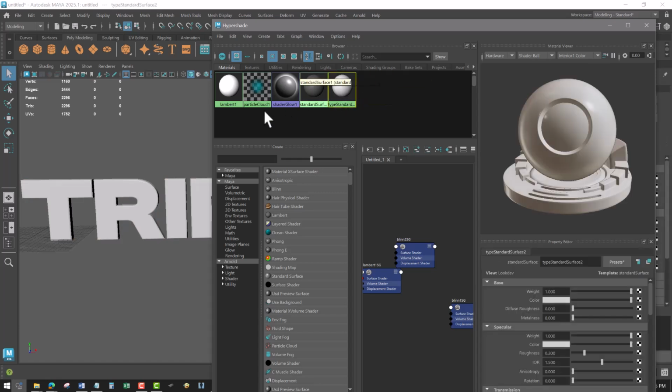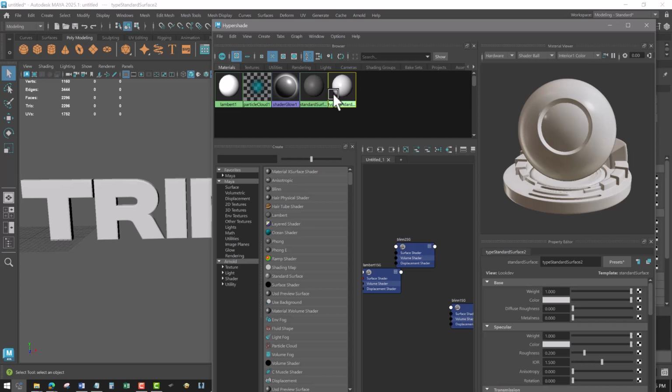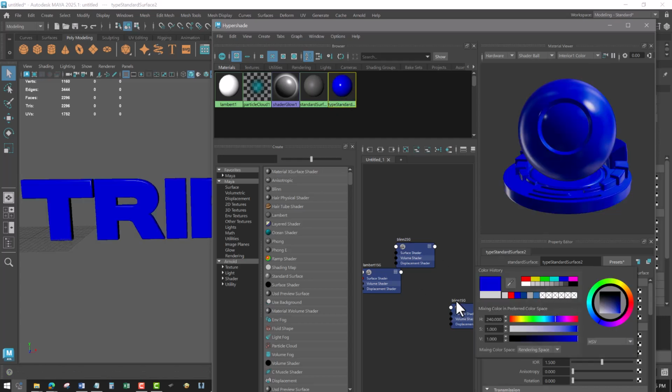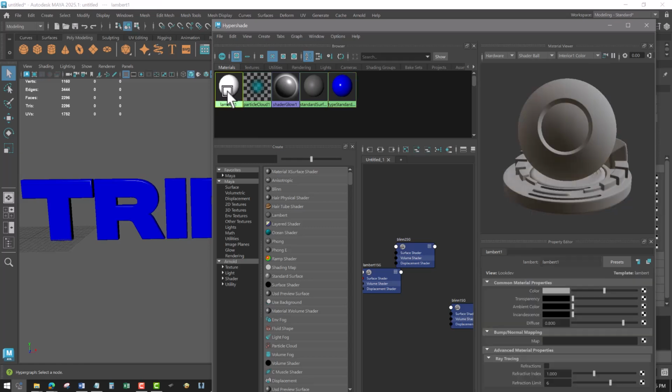So this is the material that's on here. I had some other ones in here earlier, so that's why I deleted those, but here's the material that's on here. So if I just click on the color here and change it, you can see that all of a sudden this changes color. If I wanted to put like this Lambert material on here, I can select this, or